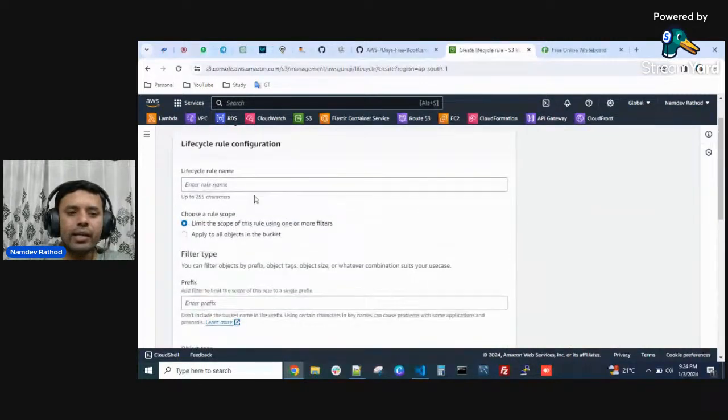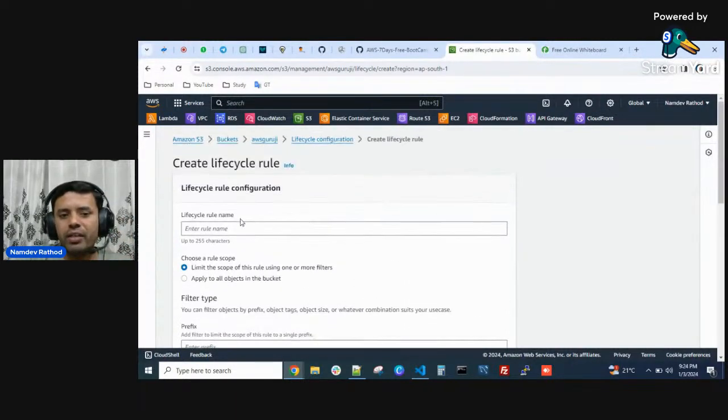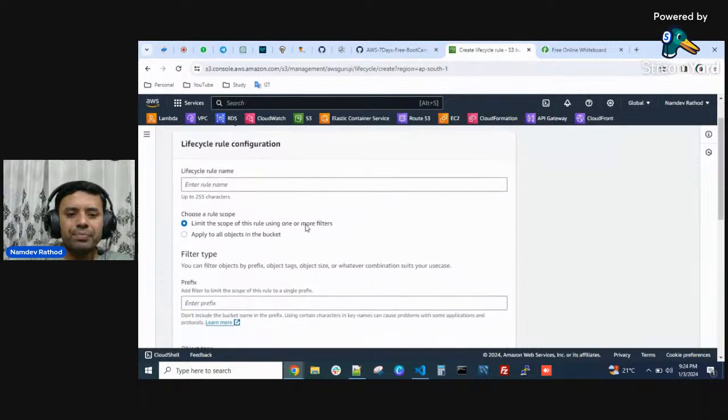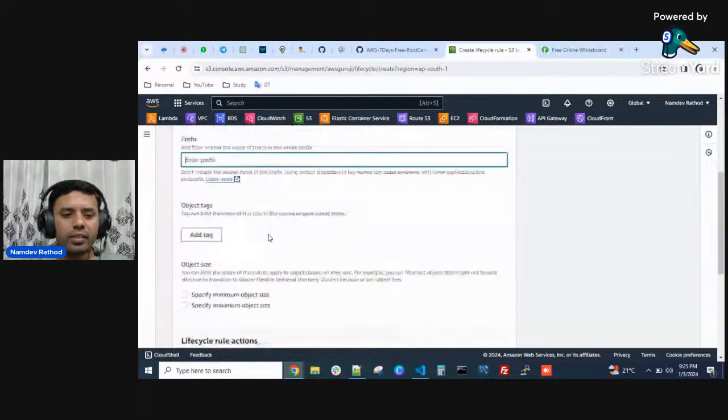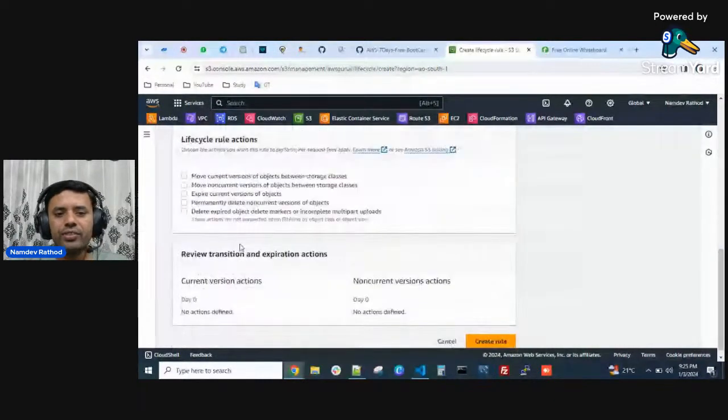You can apply this policy either to the whole S3 bucket or to any particular folder. Let's say you have a log folder in this bucket and you want to delete data only from the log folder. Then you can choose options according to that use case. You can see here apply to all objects, or a limited scope, and you can add the prefix here, let's say /log. You can see the options here. This way you can add that, and you can check the actions here. So you want to delete